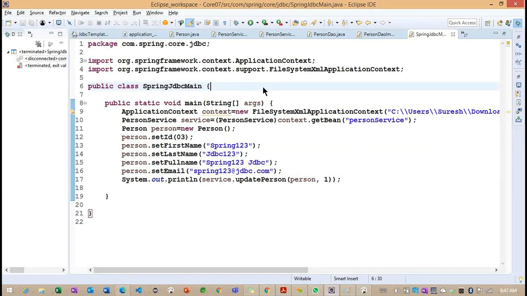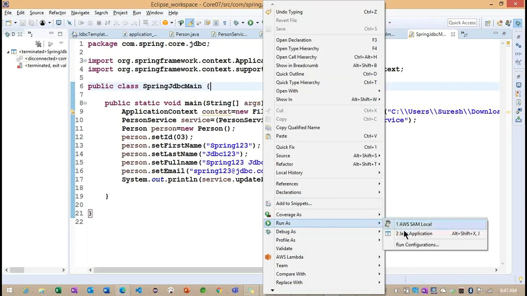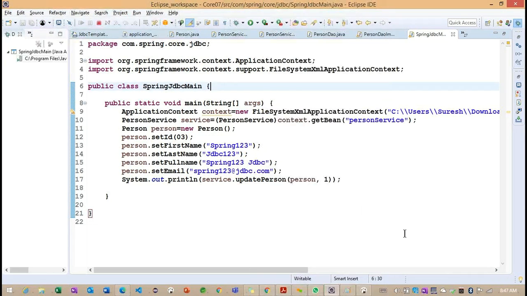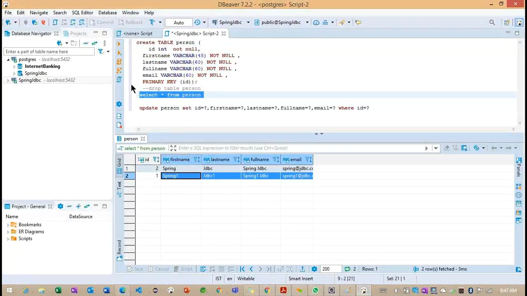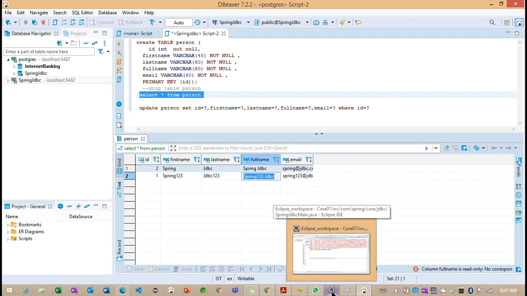Whether it is updating properly or not, we need to understand by running this particular query here. It is updated. Now let me run. Yes, so it is working properly. Based on this particular ID, we are updating the remaining records here. So the ID is the same, but only the remaining fields are updated.